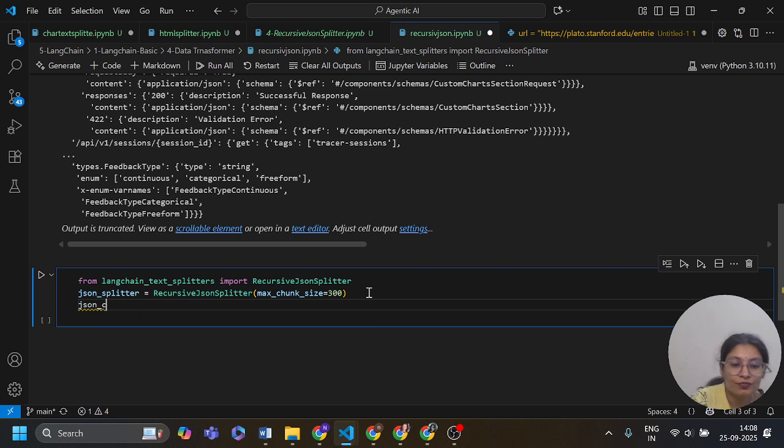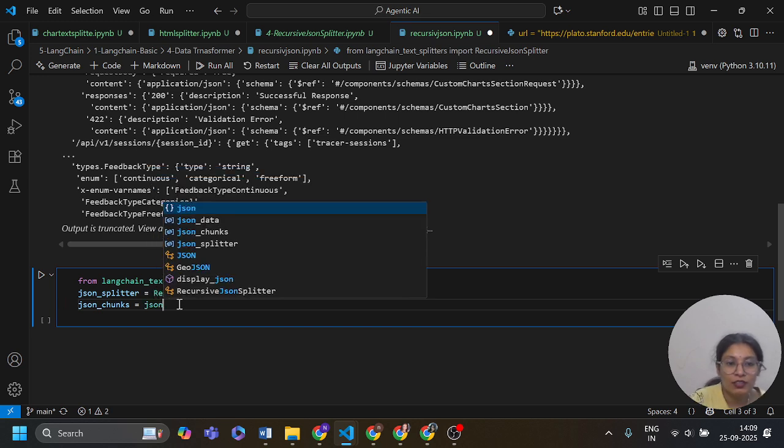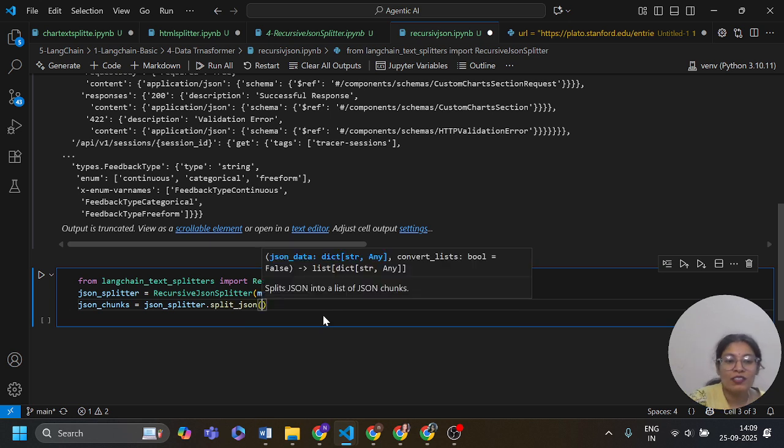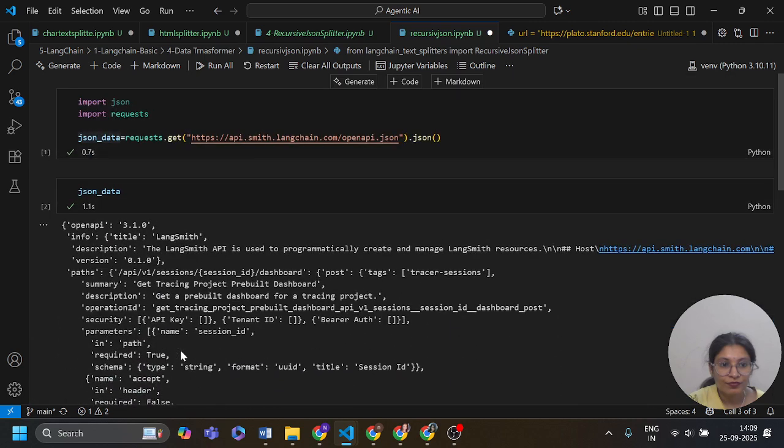JSON chunks equals JSON splitter dot split JSON. Now I am going to pass here the JSON data.